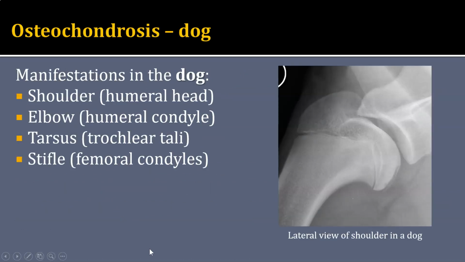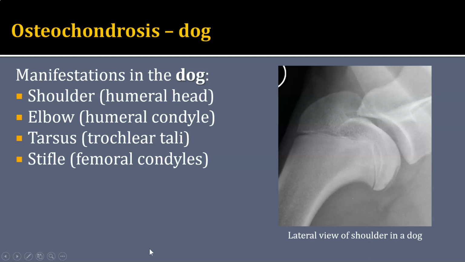We're going to talk now about the specific joints and sites where you can find osteochondrosis and osseous cyst-like lesions. It is really important, and in fact, I think you should consider committing this to memory, because when you are looking at your radiographs, if you know where to look for specific diseases, then you're going to be more likely to be able to identify them and then come to the correct diagnosis